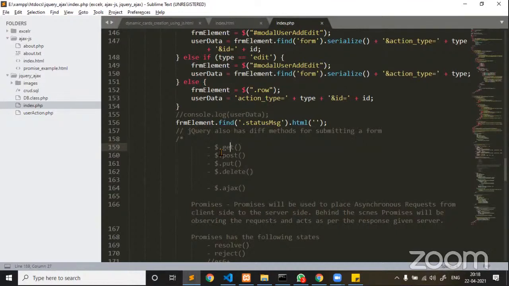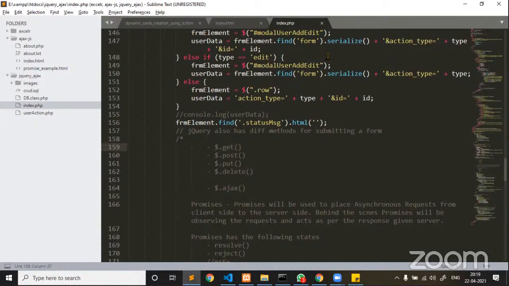Now, this will be automatically taken care of by a library. You should know how to make use of the methods which are there in the library to place AJAX calls. Now, $ is an alias of jQuery. If you want to place a GET request, you have to use $.get. If you want to go for a POST request, you have to go for $.post. Or if you want to go for PUT and DELETE, every method is there.